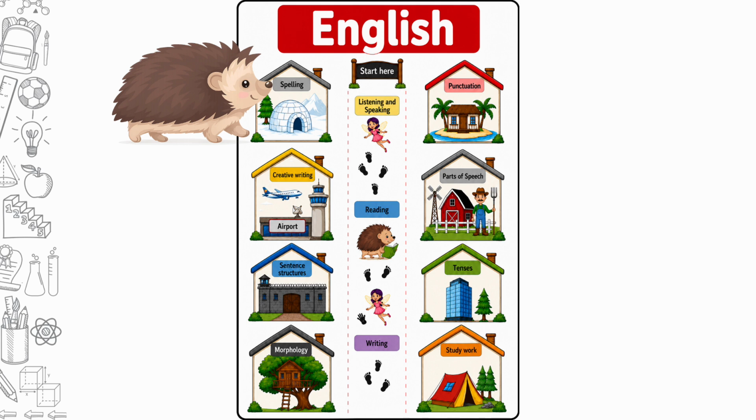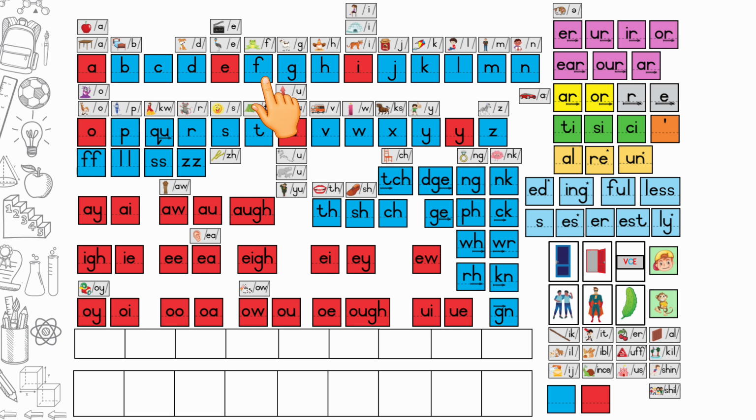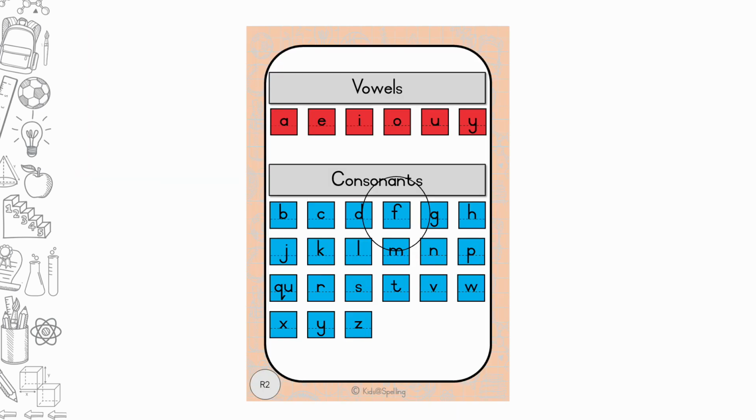Welcome to the letter F. Einstein is moving to the spelling igloo because we are doing phonics and spelling. Sing the alphabet song A to Z and follow along with your finger on the board. All the children do it together as a class. Once you finish the alphabet, you're going to go back and find the letter F for this week.